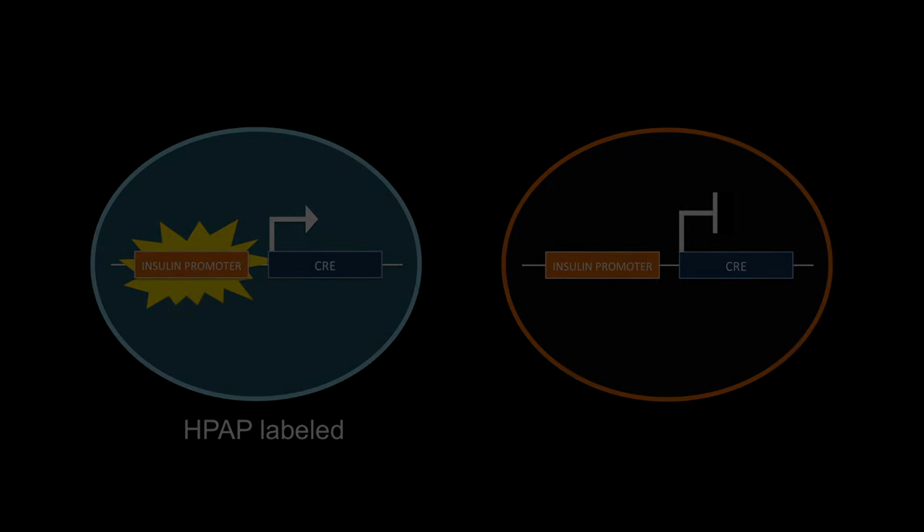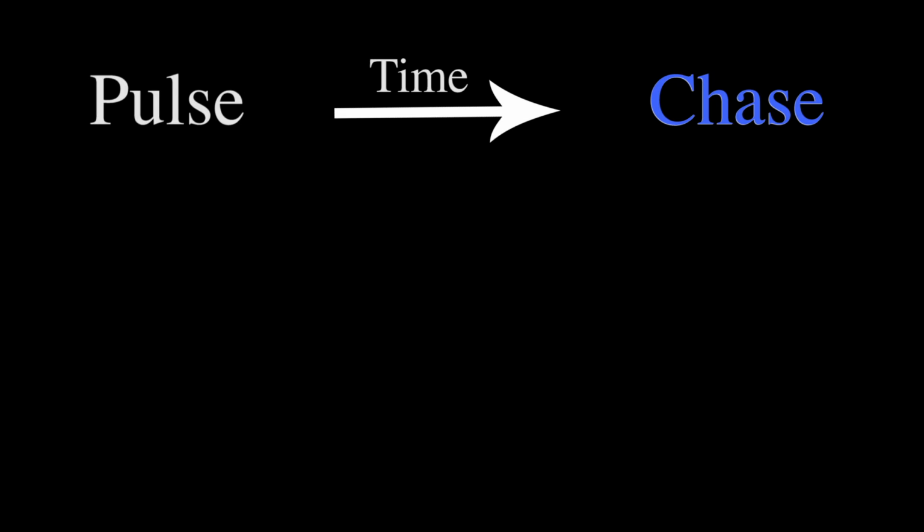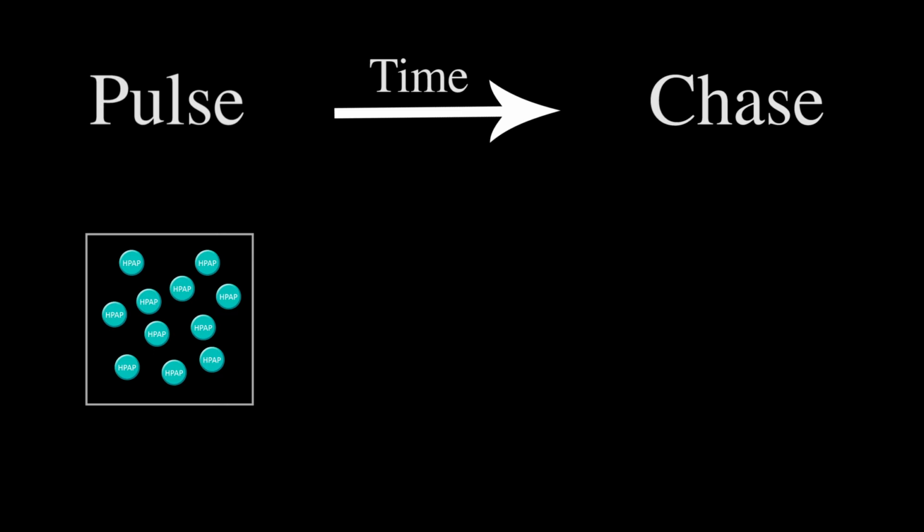Using these mice, the Melton lab performed a pulse-chase experiment, the pulse being the set of cells labeled by HPAP using Cre-recombinase in the pancreas, and the chase being the set of cells that had the label after a given amount of time. Starting with a population of fully labeled beta cells, they hypothesized that if new beta cells arose